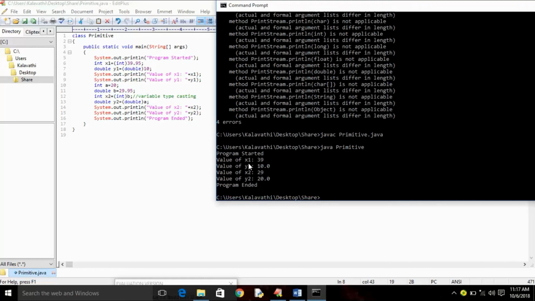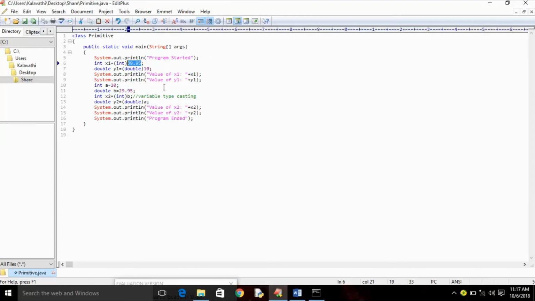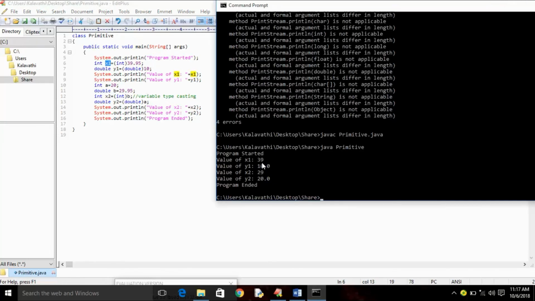The value of x1 is 39, but the value of x1 what we have initialized is 39.95. This double value is converted to int, and the int value is assigned to x1 and it is printed as 39. In the same case, the y1 value, what I have given in the code is 10 and it is being converted to a double.